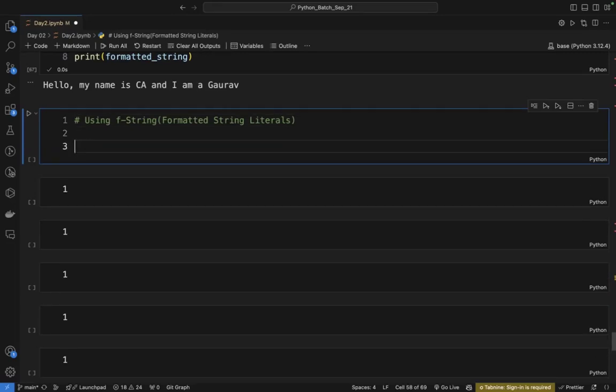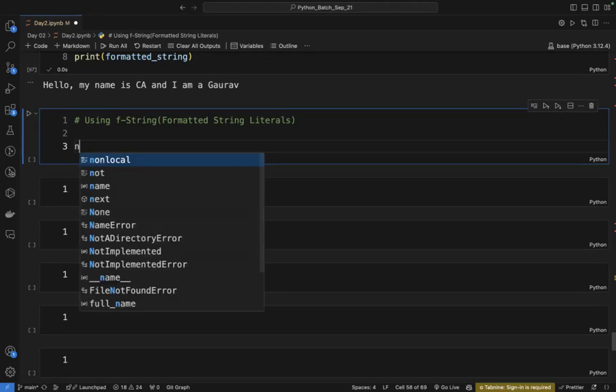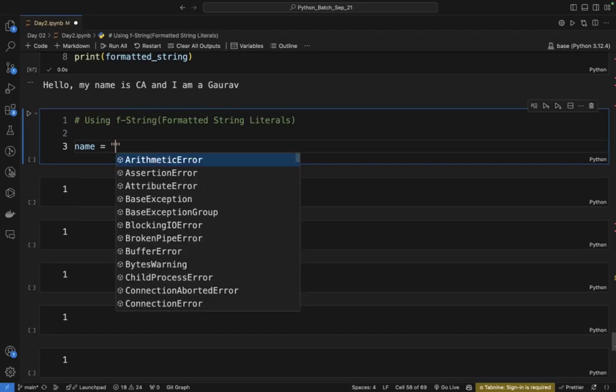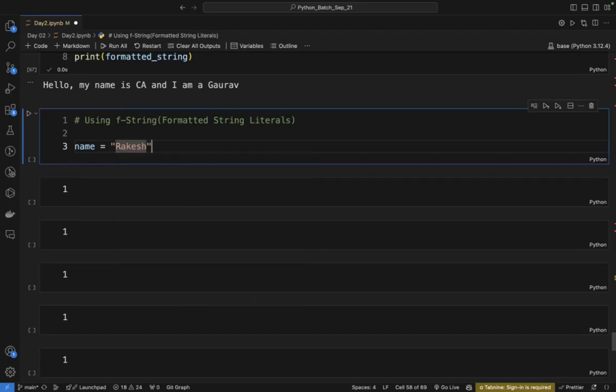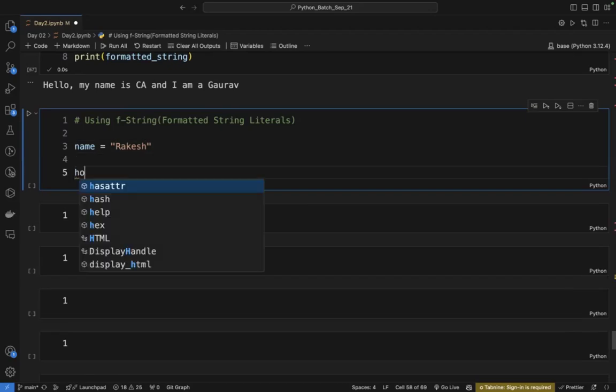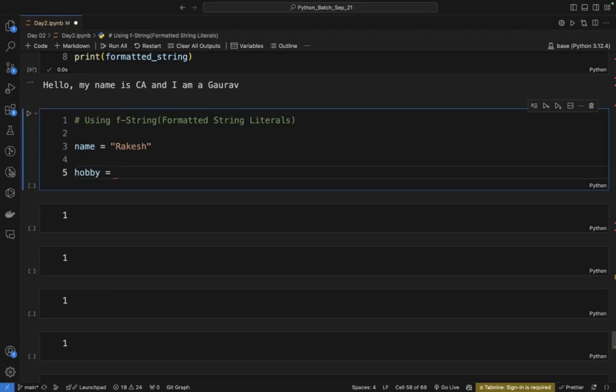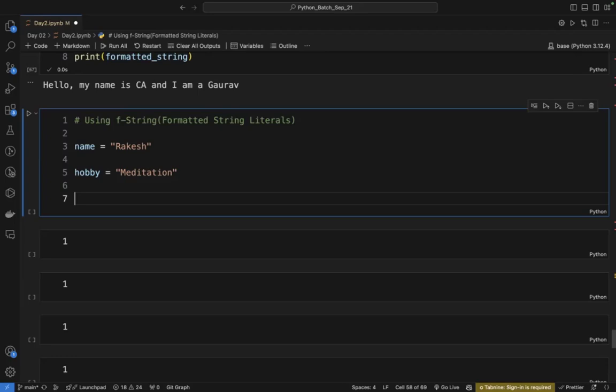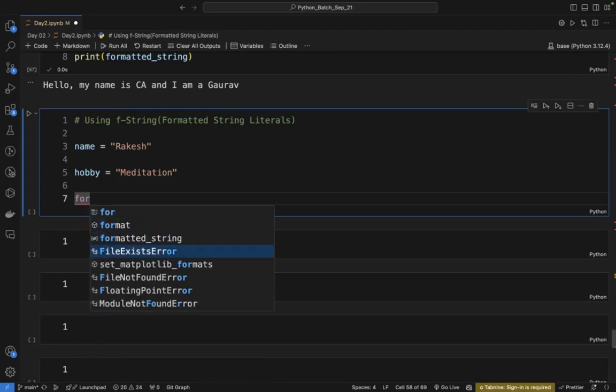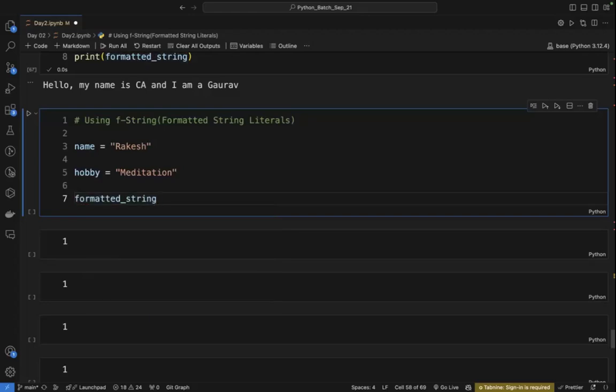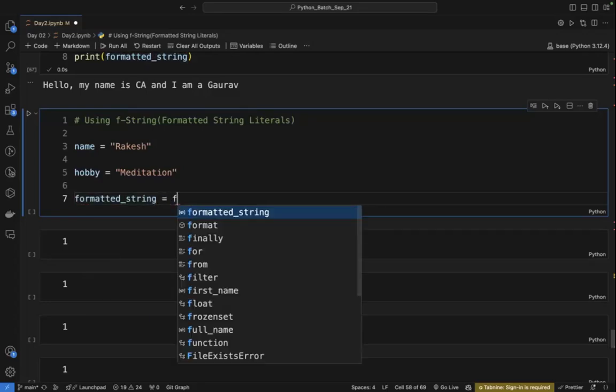ये बेसिकली पाइथन 3.6 में इंट्रोड्यूस किया गया था, स्ट्रिंग वेरिएबल्स, फाइन। अभी मैं एक वेरिएबल लेता हूं, लेट्स से वेरिएबल का नाम है नेम, एंड इस वेरिएबल में मैं लिखता हूं राकेश, फाइन। एंड दूसरा मैं वेरिएबल लिखता हूं हॉबी, एंड इसके अंदर मैं लिख देता हूं मेडिटेशन, फाइन। ये हमारा दो वेरिएबल्स हो गया। अब मैं फॉर्मेटेड स्ट्रिंग, एक वेरिएबल ले लेता हूं, और इसके अंदर मैं लिखता हूं एफ। ये फॉर्मेटेड स्ट्रिंग लिटरल हमेशा एफ से स्टार्ट होता है।